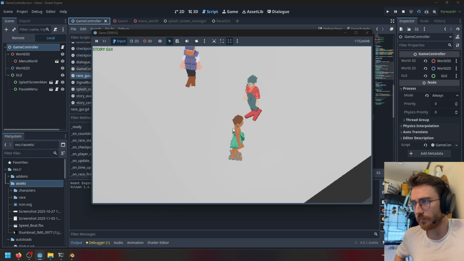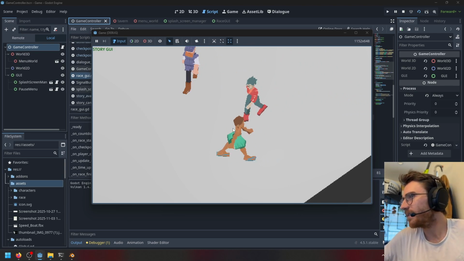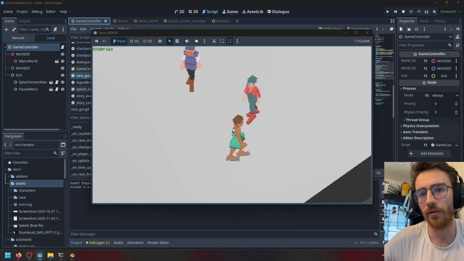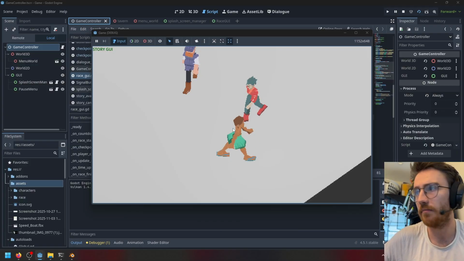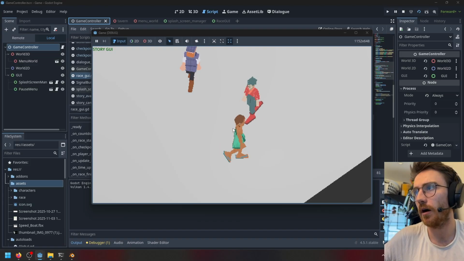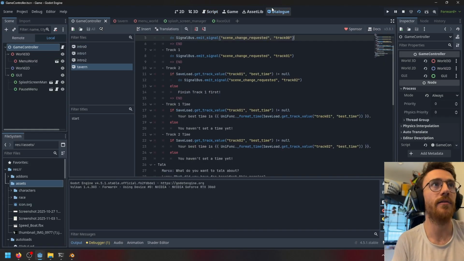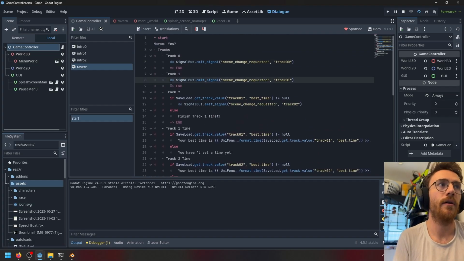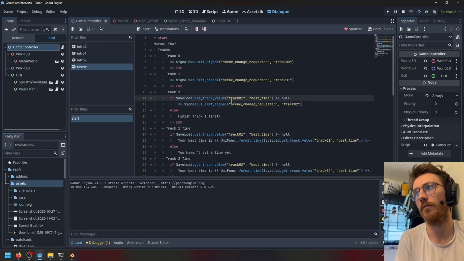And I know there are ways to approach this. I could manually write every movement I want the NPC to do in the dialogue manager. Shout out to Nathan Hode again. Like I could do walk to this coordinate or whatever,